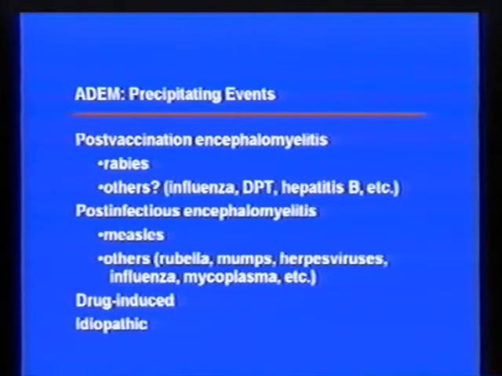In addition, there are a variety of infectious illnesses that have been linked to this. I'm not going to go through them in detail, but instead focus in on one, the encephalomyelitis that can follow measles infection, not because it's a particularly common problem here in the United States, but there has been a careful immunologic study of these patients, which I think may teach us some valuable lessons. Again, just to remind you that many of these patients with ADEM do not have a preceding vaccination or infectious history, but I'm going to focus in on two of these disorders.